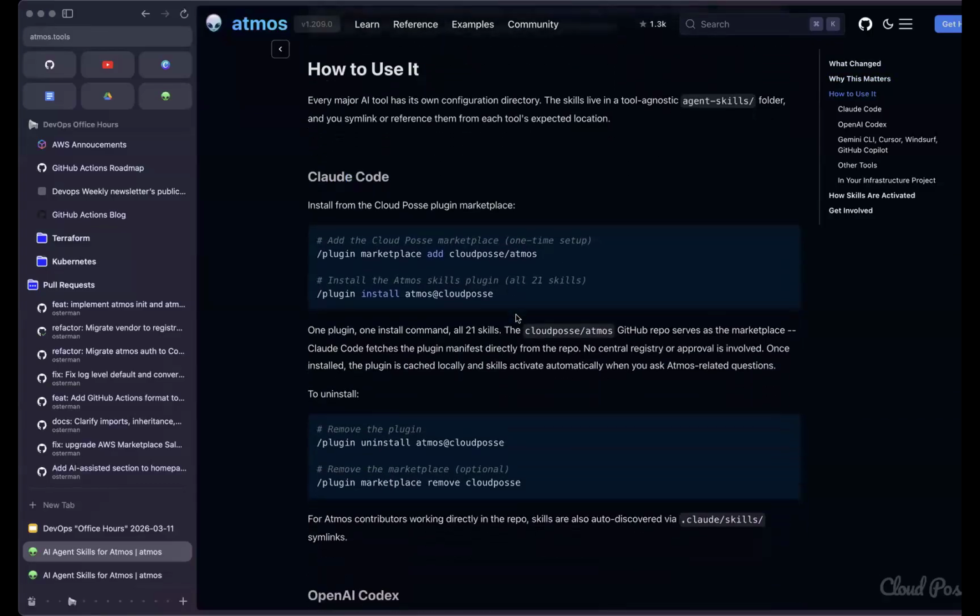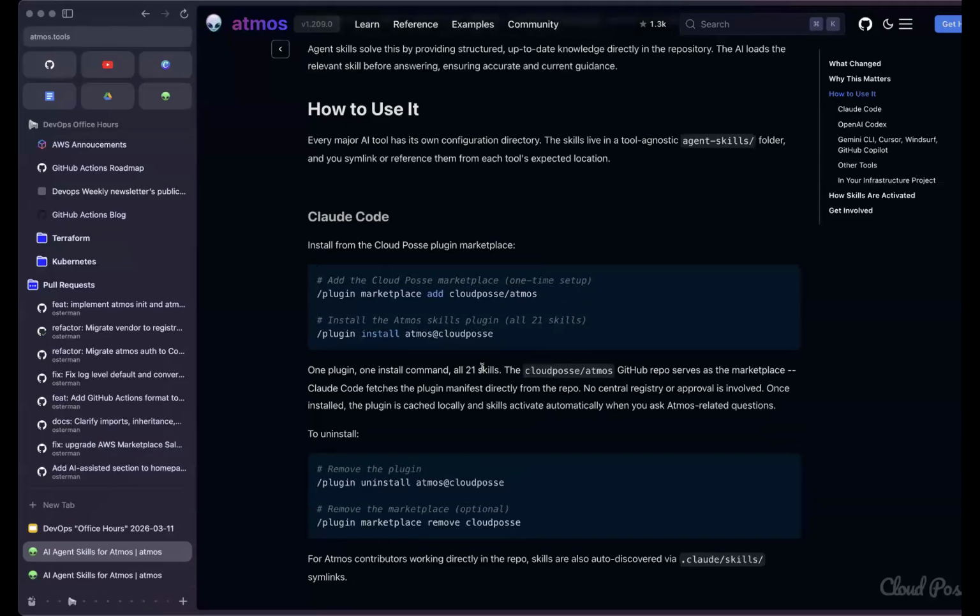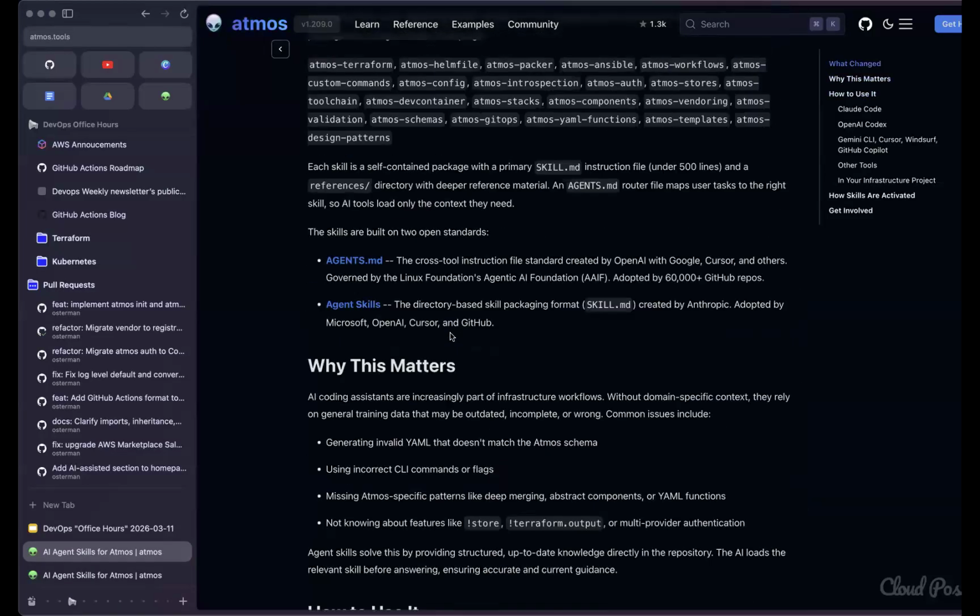I've been using it personally on our own infrastructure repositories at Cloud Posse and totally loving it. It's pretty awesome to see the magic that happens when you have a consistent framework and the agentic skills, and infrastructure just materializes. And it's not just spaghetti code, it's actually structured according to project conventions and so forth. So, pretty cool features. Any questions about Atmos AI or our marketplace skills?